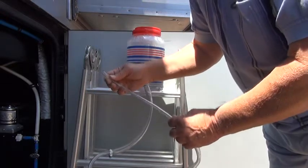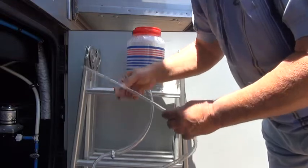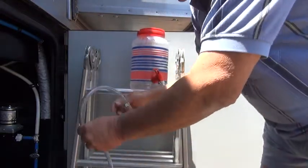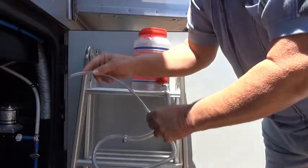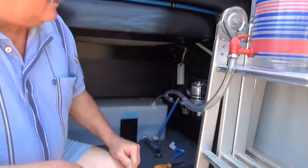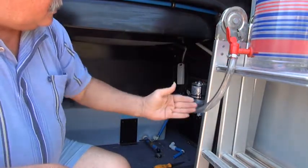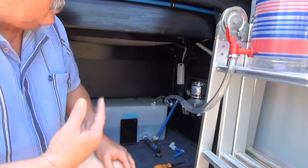Mine has about a 1/4 inch hole in there, so I've had to step it down 3 times with smaller hoses, 1, 2, 3, in order to get a hose small enough to fit into the tank. So you just put the hose in here like that, and then you turn it on, and you can see it's going in just with the gravity force